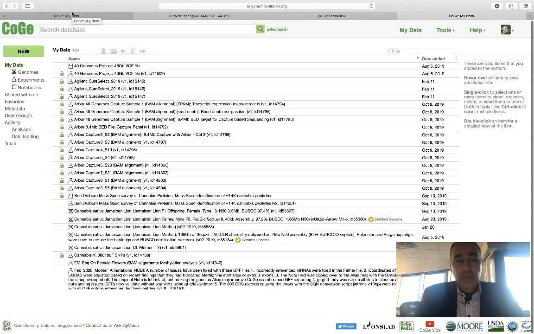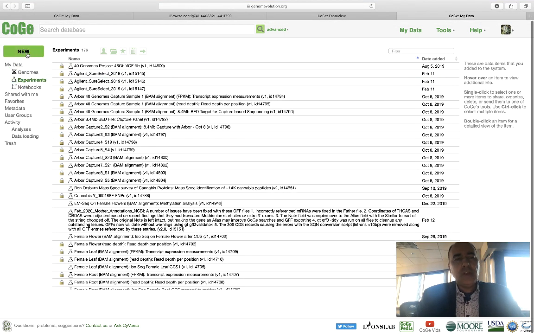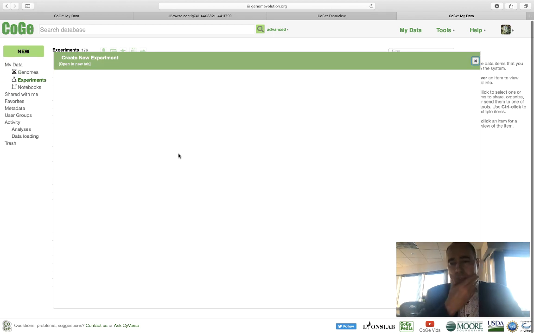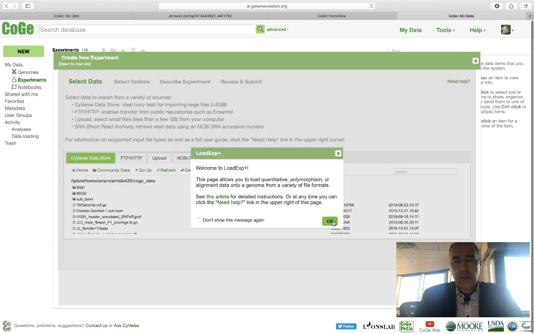up your VCF file. And you have to have a CyVerse account in order to load data into CoGe, but it's really simple. Fill out an email address, you'll get a CoGe account in a day, and then you can upload your own data to this browser and overlay it with all the data that we have public. So the way you do that is you go over here to Experiments, you click New Experiment, or Load EXP,